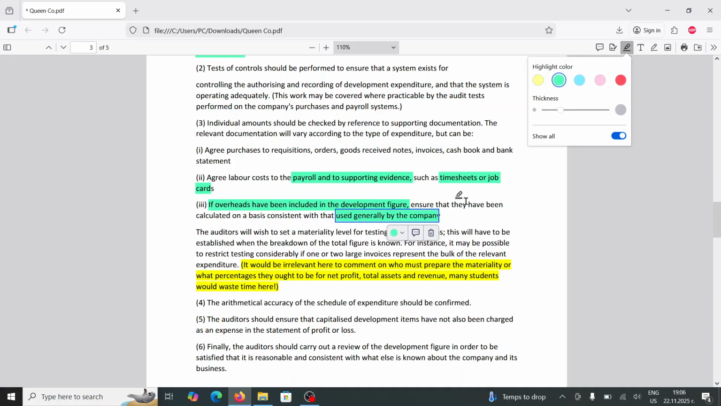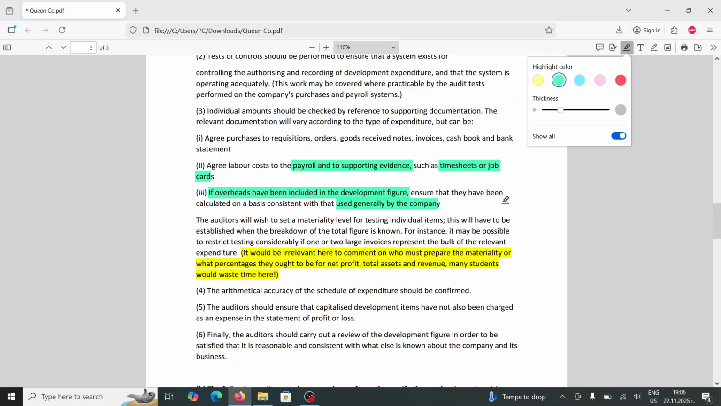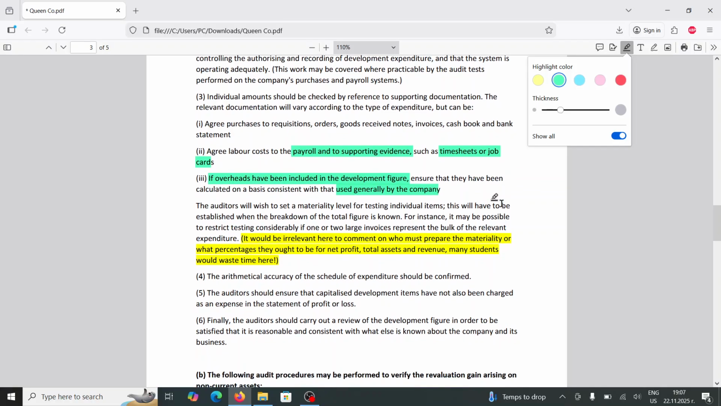So basically, this is the same as, for example, when a company has depreciation. When they're depreciating one machine, they should be depreciating with the same accounting policy as the other machines in the same asset class. So this is something similar. If overheads were included, then they should have been calculated and accounted on the same basis with what is generally used by the company. So here you don't have to cite any